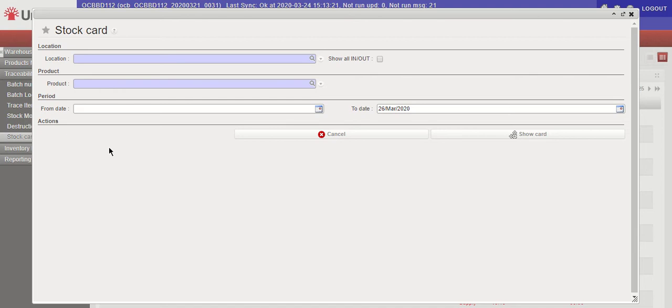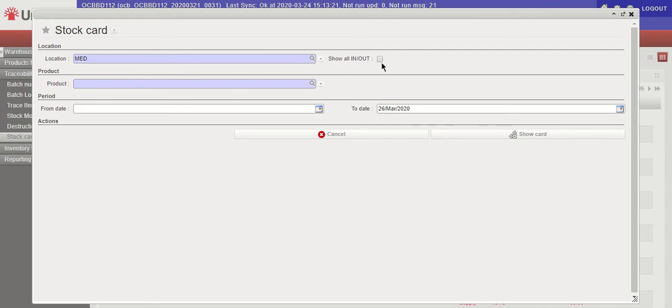So for the first example, we're going to use the med stock location in the Ukiah database, and we're going to, as our example product, use paracetamol 500 milligrams, so the Dora-Para 5T. So the first option you'll notice is there's two fields that are blue, and you know that that indicates that these fields are mandatory. So, as I know that I keep my medical items in Ukiah in the med stock, I will indicate med as the location,